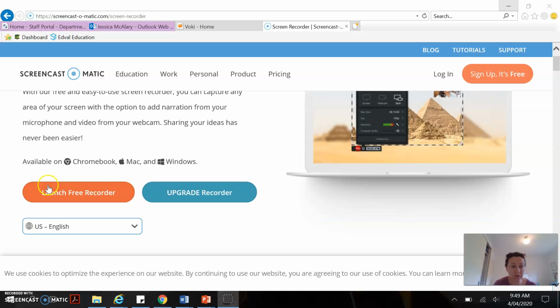So you can actually just use the free recorder through Screencast-O-Matic. It only allows you to record up to 15 minutes, but that's probably going to be sufficient for what you need. So you press launch free recorder, it'll ask you to download or run, you select yes, and you have the choice of selecting whether or not you want a full screen or just